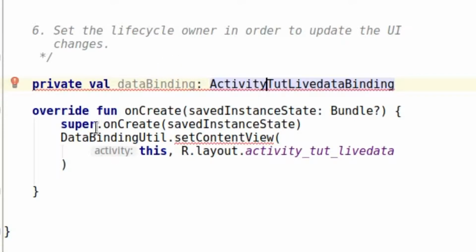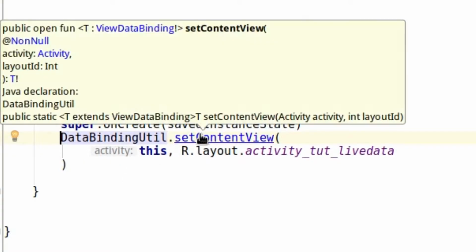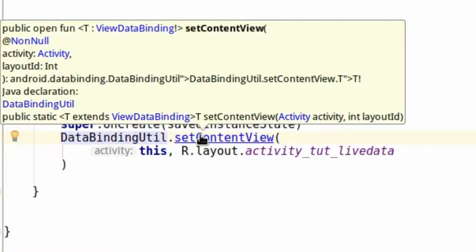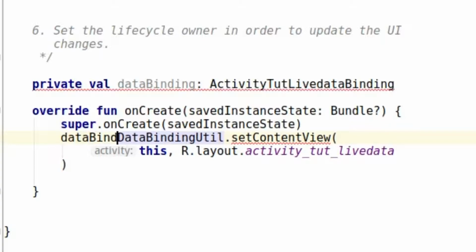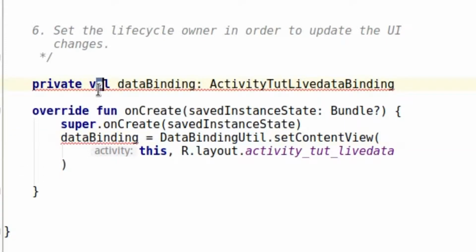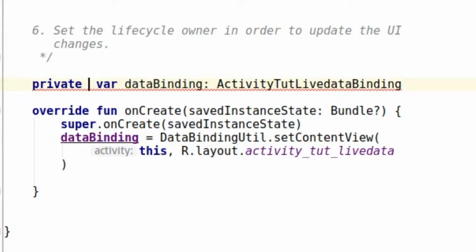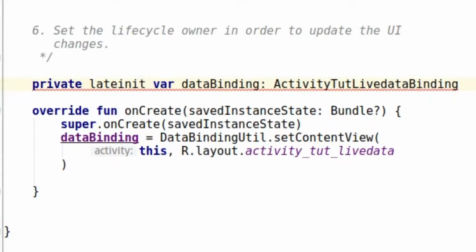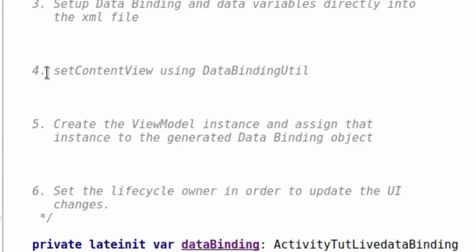Anyways, let's assign this data binding variable into this because it will return a type. Let me change this into var. Actually, I need to add lateinit. So that was step 4,